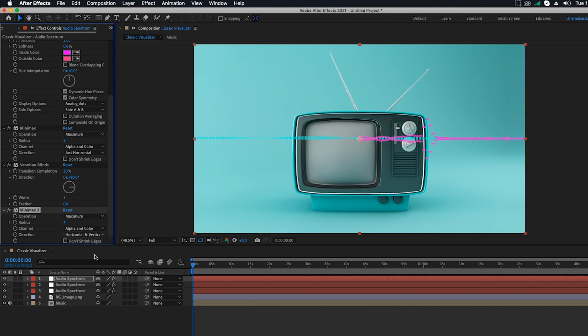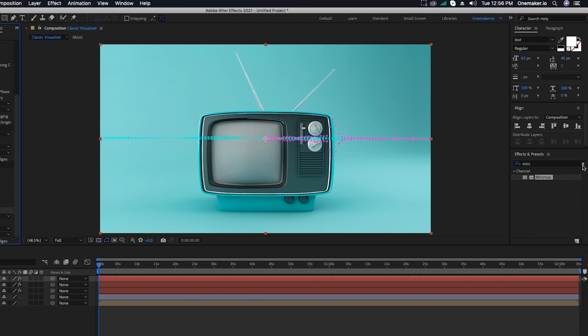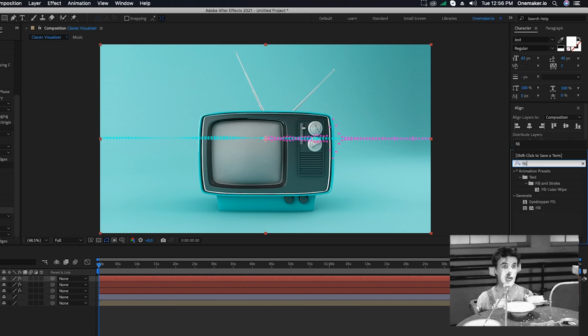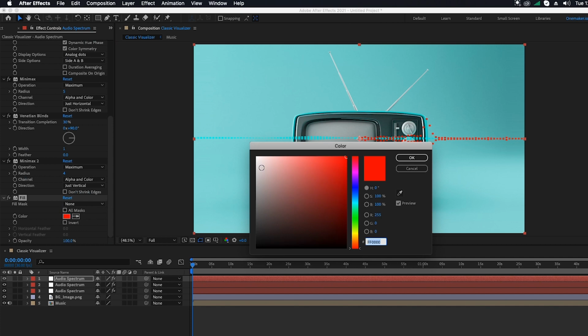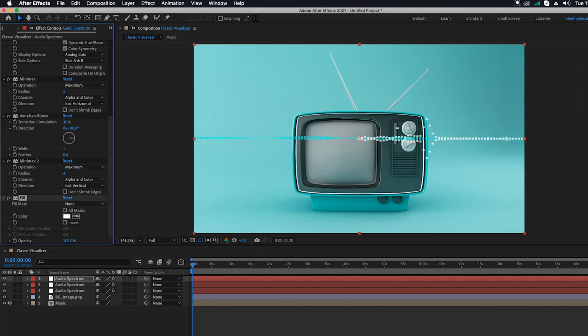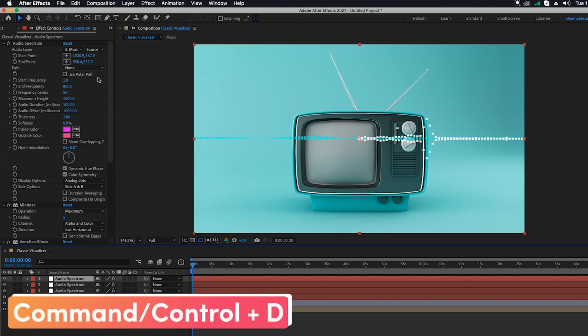Direction to just vertical. Again go to Effect and Preset window and search for Fill. Select and apply to new audio spectrum layer. Change color to white, then click OK. Select the new audio spectrum layer and then press Command D for Mac users and Control D for Windows users